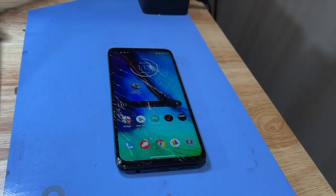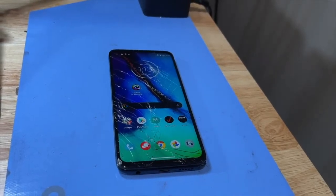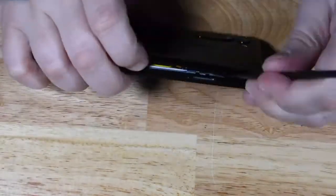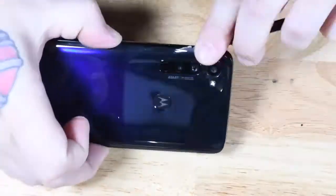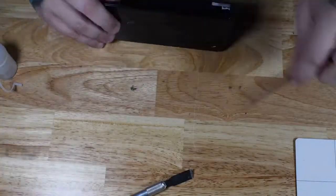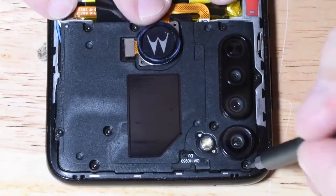Welcome back to another Tech Junkie video. Today we're going to be replacing the screen on a Moto G Stylus. I'd never heard of this phone before, and it had been quite a while since I worked on anything Motorola. Motorola devices have a tendency to be more difficult than your standard Samsung devices and Apple devices, but this one